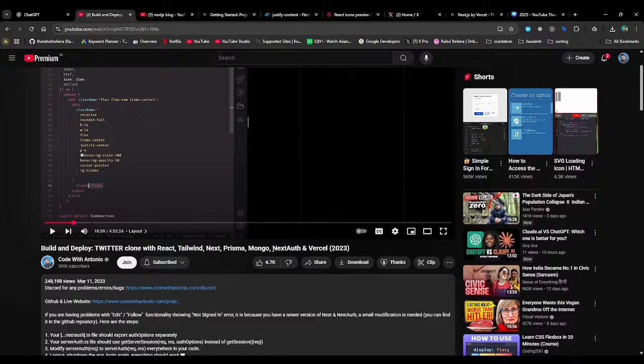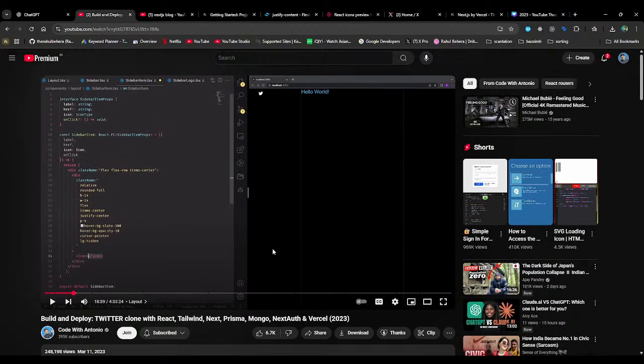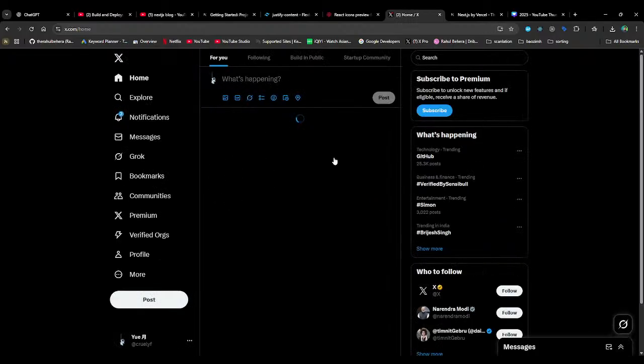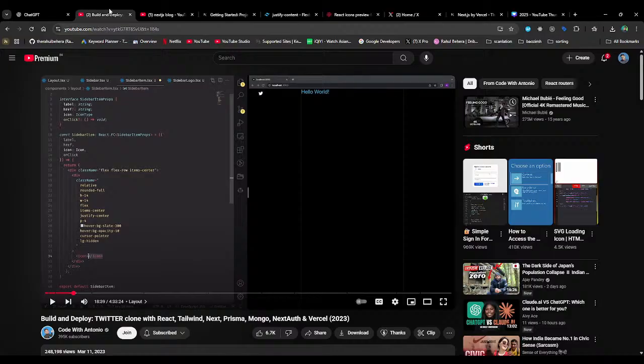because as you can see, as it was in 2023, all the others like Tailwind, Prisma, Mongo, Vercel and NextAuth, pretty much more than half of them have different syntaxes and different updates. So I think it will be better if I just make my own. Of course, I will be using this for a reference because it's still a bit of a problem. So anyway, as you can see, this is the Twitter interface, and what Antonio is doing is pretty much